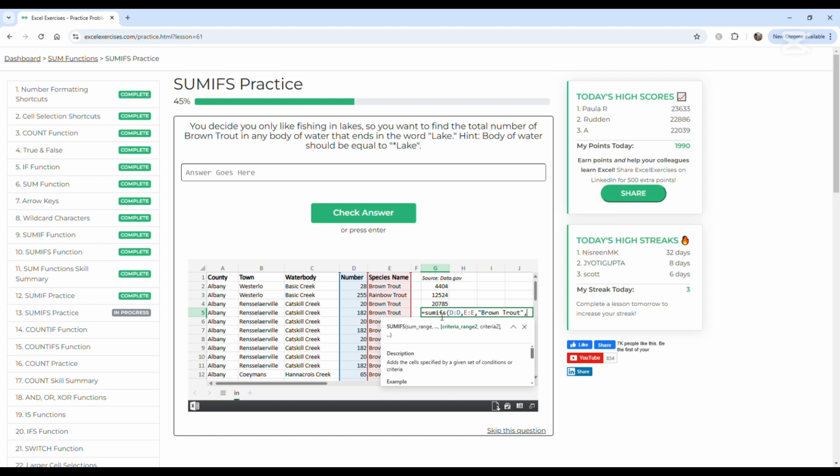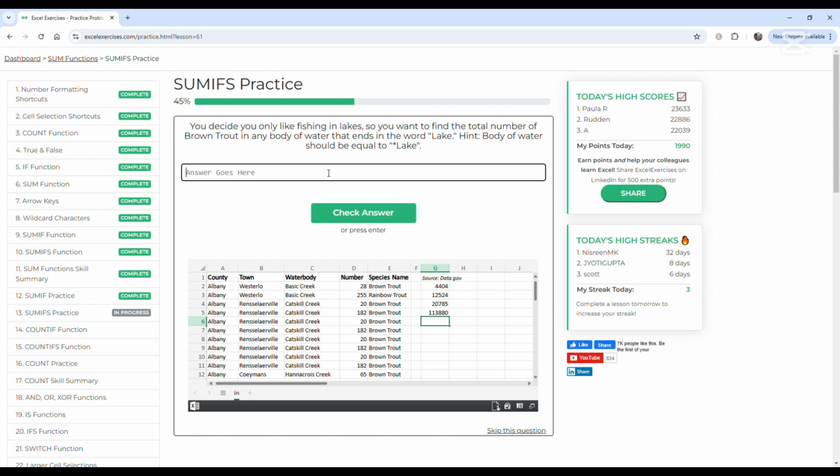The second criteria is the body of water that ends in lake. The body of water is in column C. So C:C, comma, double quote, wildcard, lake, double quote, and then close parenthesis. That's the second criteria, something that ends in lake, because it's going with the water body. So enter. You ended up with